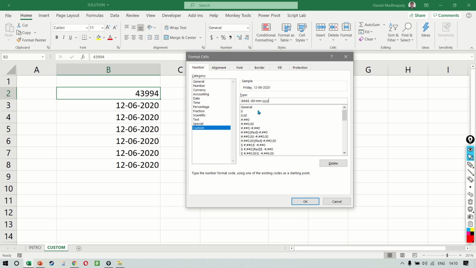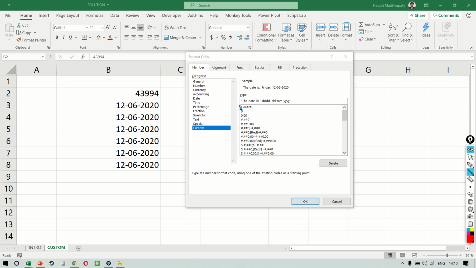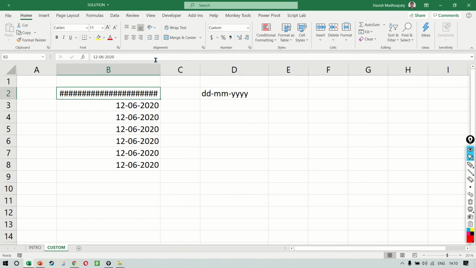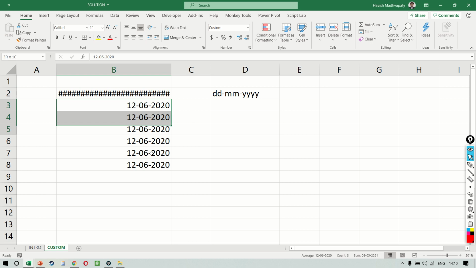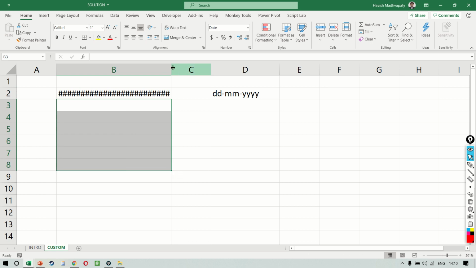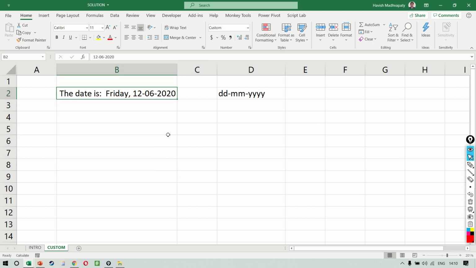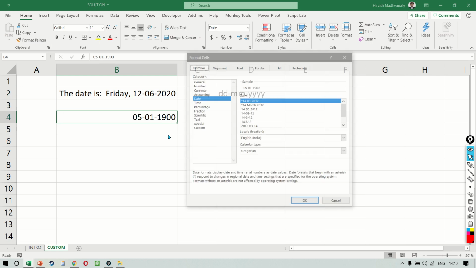Now this is also customizable. So for example, if you want to write the date is, if you notice carefully, I have put the date is inside double quotes so that our final result will now look like this. It says that the date is Friday, 12th of June, 2020. But here's the best part. If I add a number here,